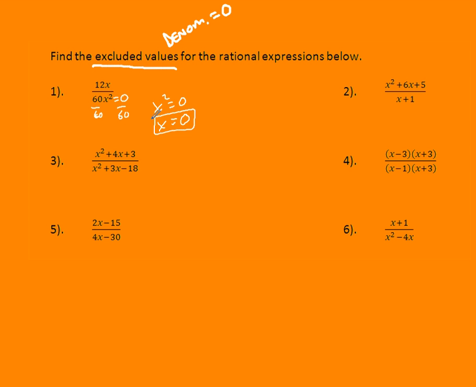For number 2, same thing. x plus 1 equals 0, so subtract 1 from both sides. I should get x equals negative 1. That is my excluded value. For number 3, to set this whole thing equal to 0, that means I'm going to